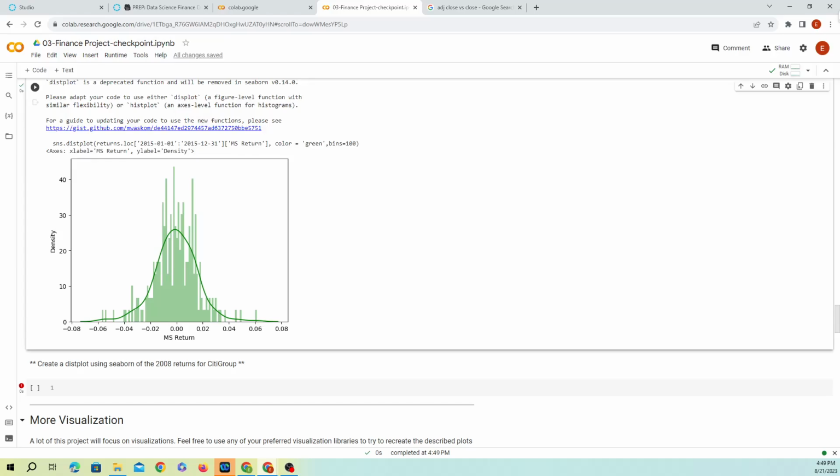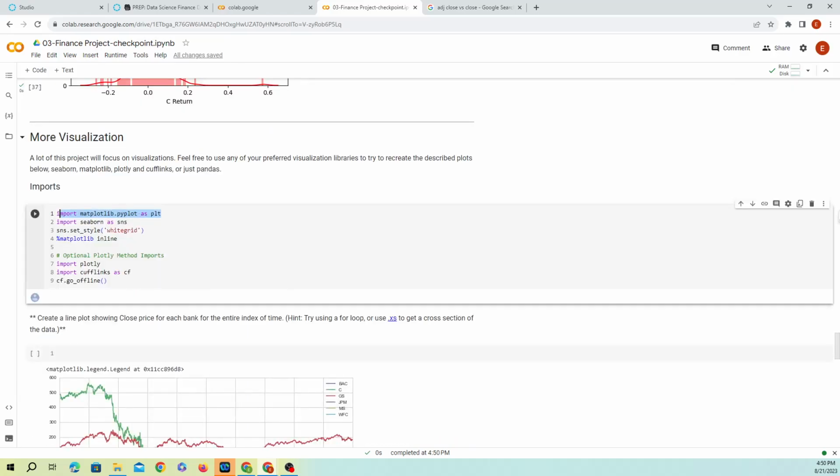And then more data visualization. So here, I kind of gave it to you guys. We're using the matplotlib pyplot as plt, and we already have seaborn, so we don't have to download that. We're going to use set_style for our grid, which is going to be the whitegrid, and we're going to install some plotly. We're not going to go that far, but as you can see, we want to be able to graph this part right here. So we want to be able to graph this graph.